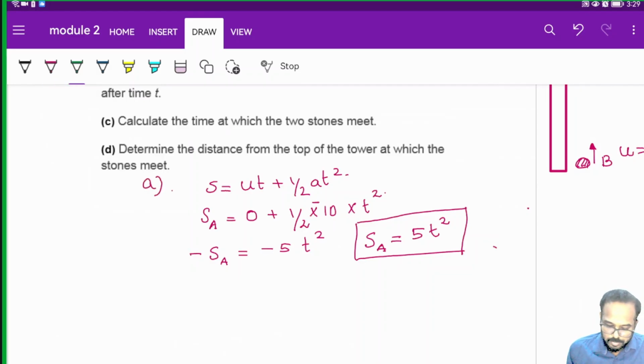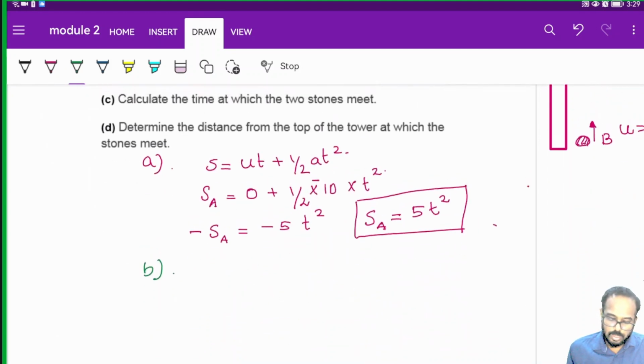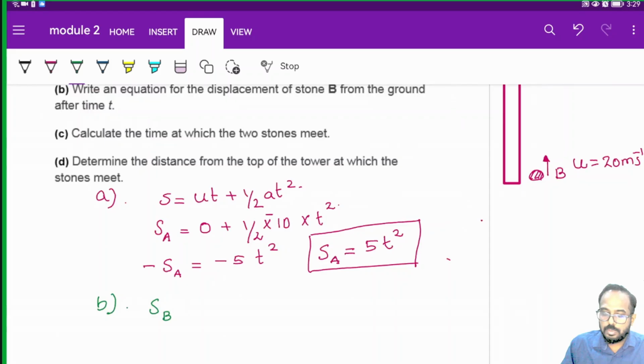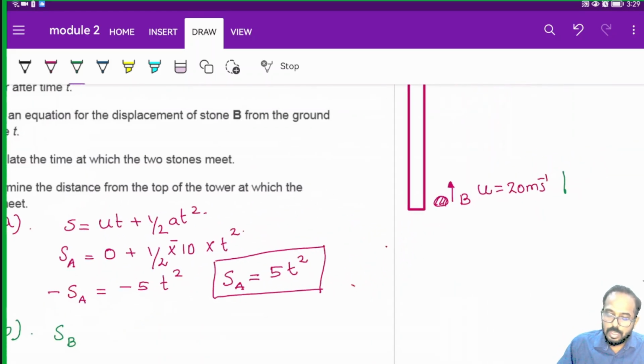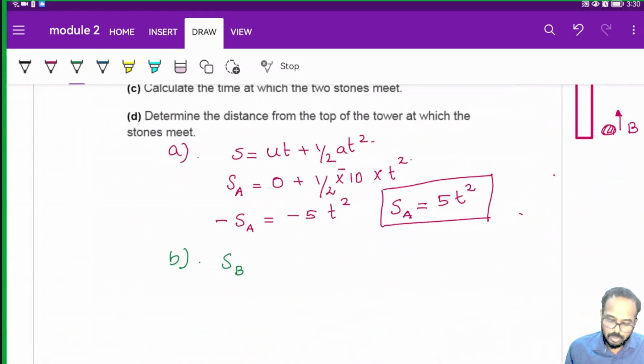Now B. Write an equation for the displacement of stone B from the ground after t time. After t time, what will be the displacement? So you can say the displacement of B. When you check this one, displacement of B is happening in the positive direction. Downward you have taken as negative, which means upward is positive. So SB is equal to,